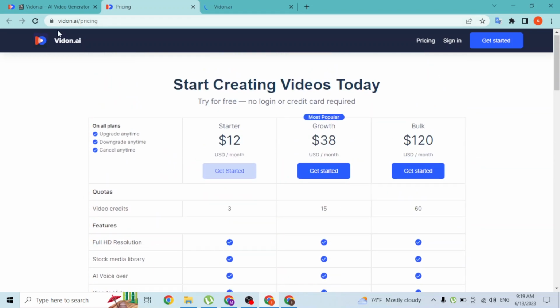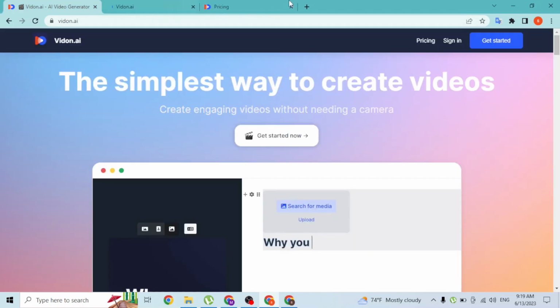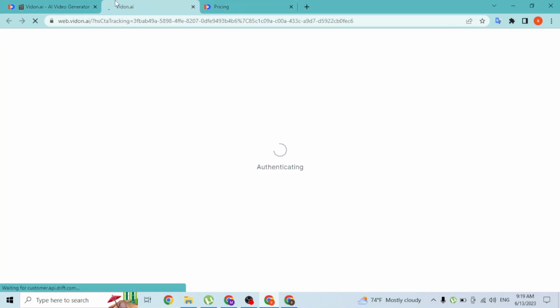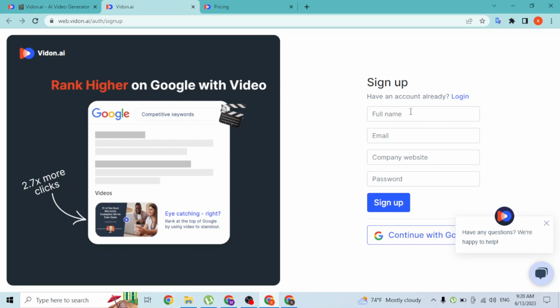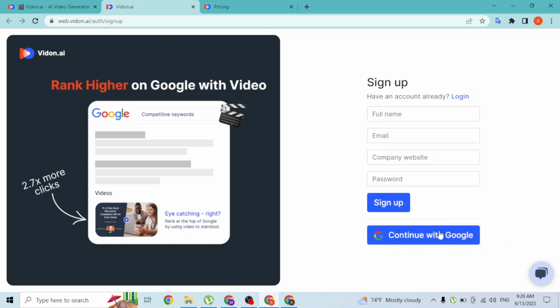And after deciding your pricing or your account type subscription, go to your account registration page, which was open before this one. Click on Get Started and just wait for it to load. And over here, guys, you'll be required to enter your details for a manual sign up, and you can also directly continue with your Google account without having to register an account by simply clicking on Continue with Google. A login page to your Google account will open, and if you sign into your respective Google account over there, you will have also signed up for a Vidon AI account with your Google account. You'll just have to subscribe or pay for the subscription of your Vidon AI.